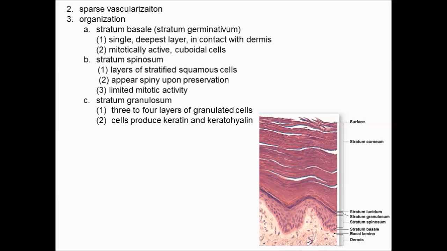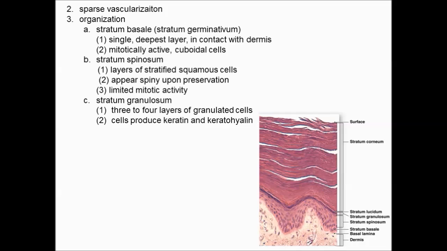The deepest layer we call the stratum basale. It was called the stratum germinativum, I can't even say it, but anyway, we now call it basale because it's easier to say. These cells are the active ones mitotically, and they're cuboidal, where most of the epithelium is squamous type cells, but these are very active cells, continually replacing the cells that move to the surface